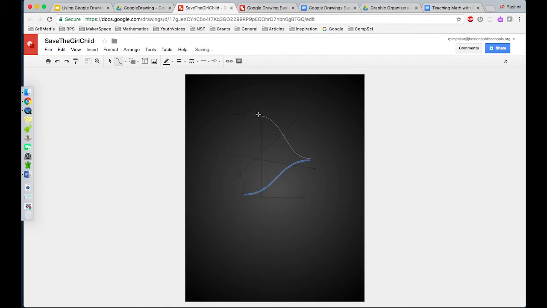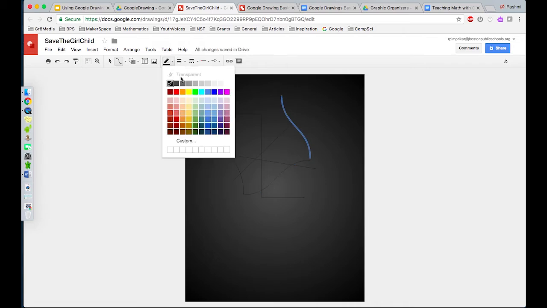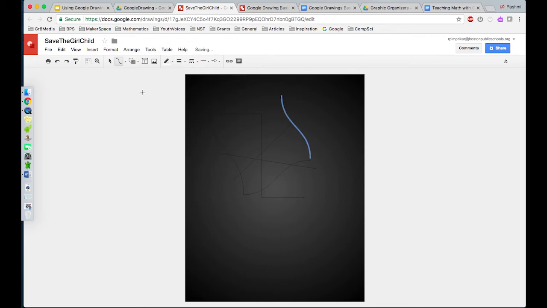Let me choose the color, which is white, so you can see it a little bit more carefully. So here I have some curve connectors that I can use, or you can use something like a scribble. So let me just go in, select all that I have done on mine, and then I use my